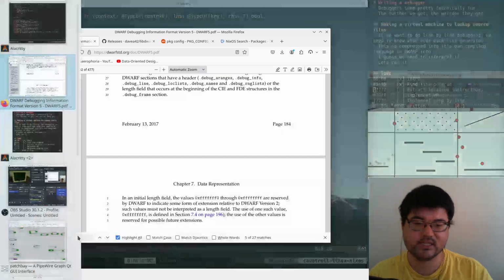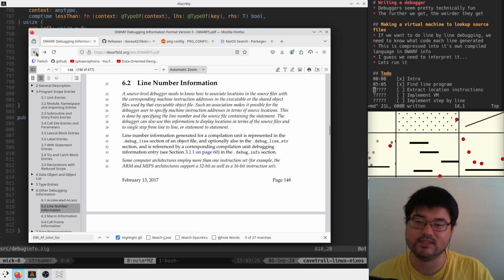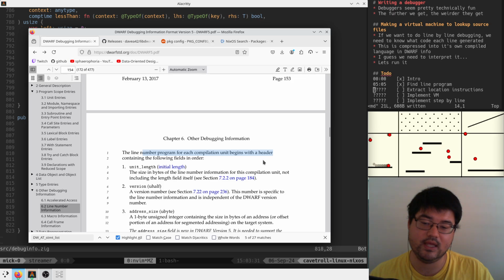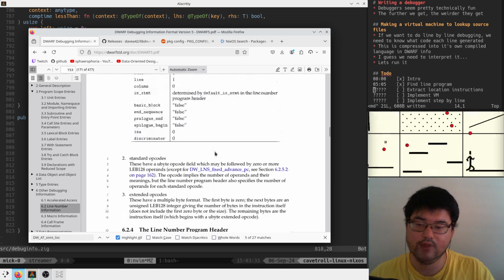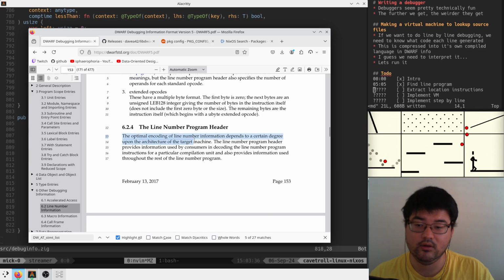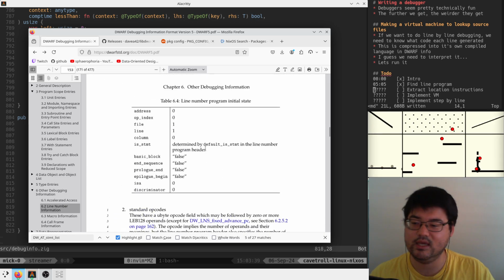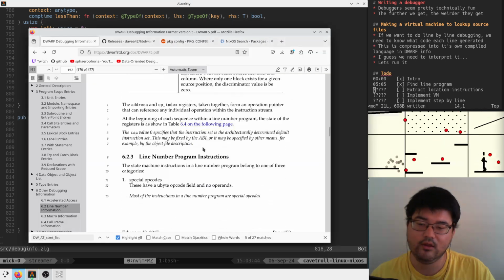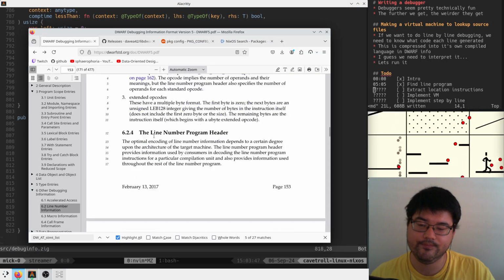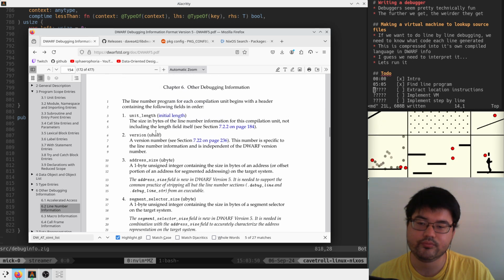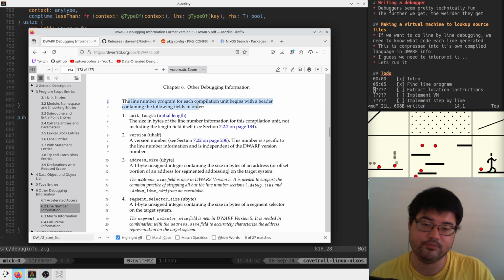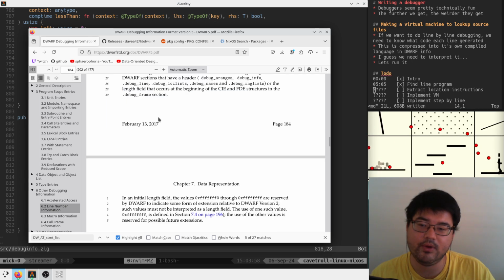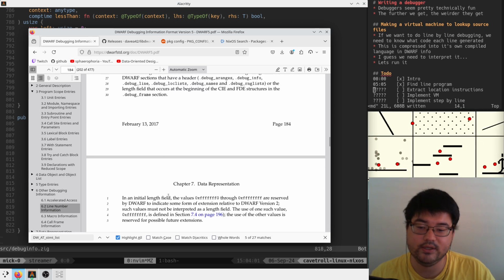Right? Because he is saying, the spec says that the line number program for each compilation unit begins the header containing the following fields in order. And that's like the first thing that I think we've seen. I wonder if there is a section header thing that we are supposed to parse that is not that. Line number program for each compilation unit begins the header containing the following fields in order. And this is very much not an initial length because